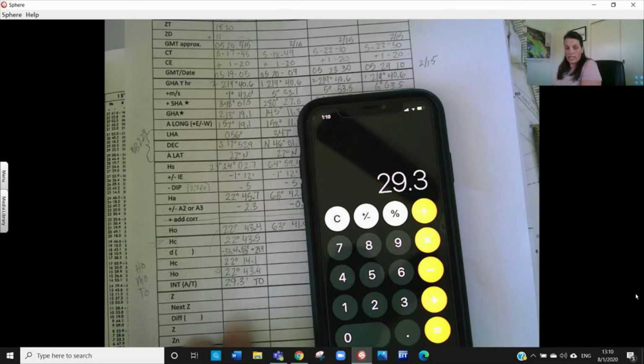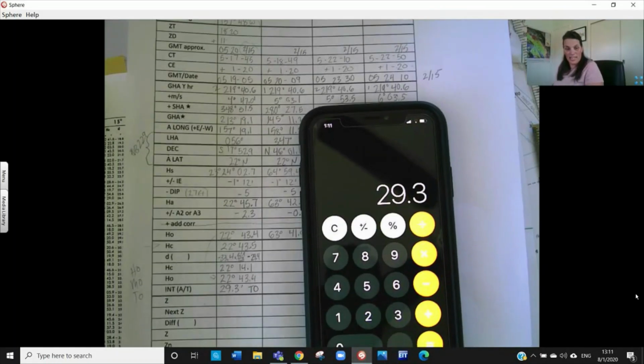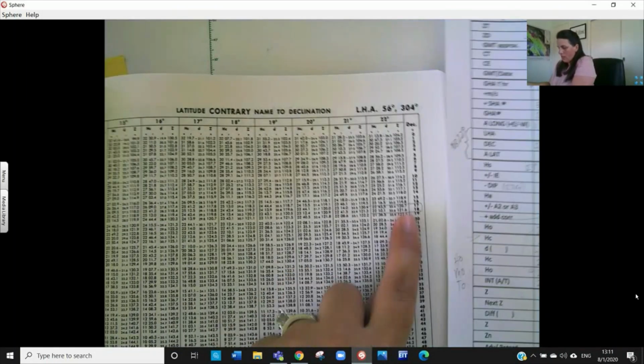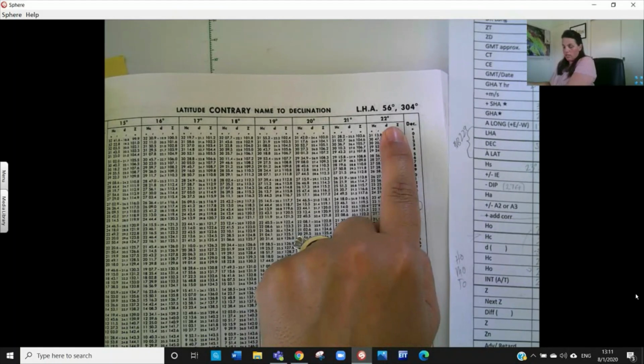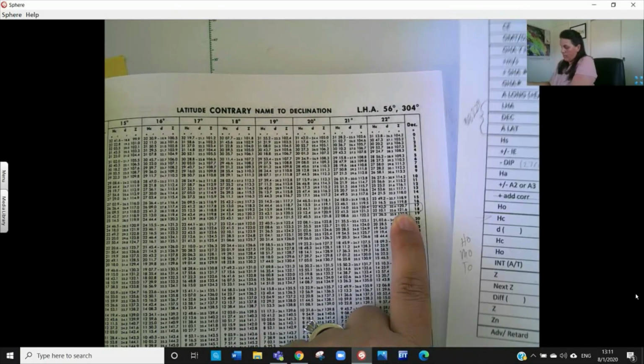So I have 29.3 minutes or nautical miles towards my azimuth. So now I need to find my azimuth, and that's right here on the same page. For my Z, I'm going to use these two numbers here. I'm going to plug them in and show you how to interpolate. So my first one,